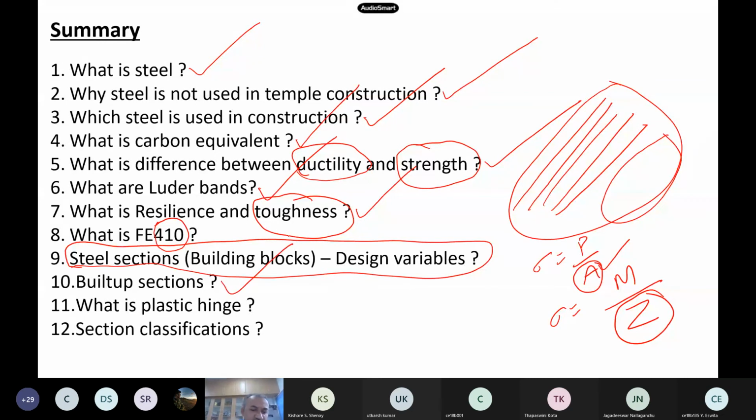Now why built up sections are used? Compound or built up sections? So we told, right, some sections are rolled in the factory. Now why do we require built up sections? To get custom sections. Suppose you may not have that moment of inertia, say, for the sections which are given in steel tables. So you manufacture whatever way you like.